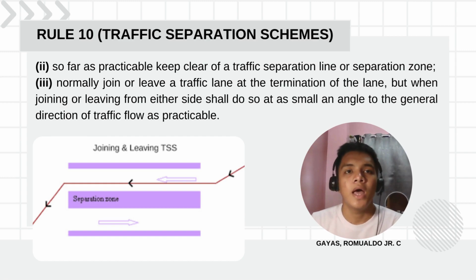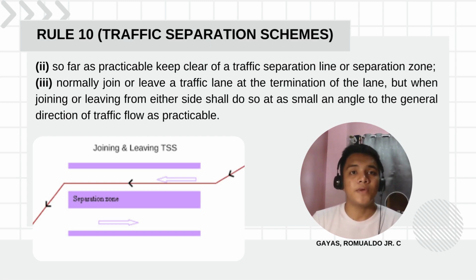a separation zone" means that vessels should do their best to avoid crossing or entering the areas marked by traffic separation lines or separation zones. This rule advises vessels to stay out of a traffic separation line and separation zone whenever possible. However, if safety requires it, vessels may temporarily enter these areas but should exercise caution and minimize their presence to prevent potential collision or hazards. The overall goal is to maintain safe and orderly maritime traffic flow.